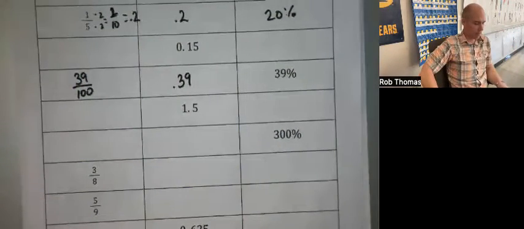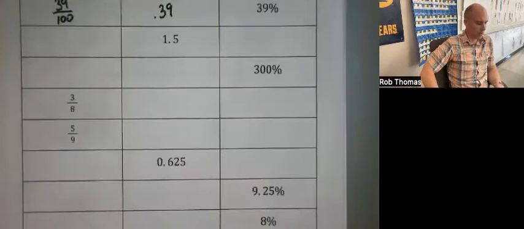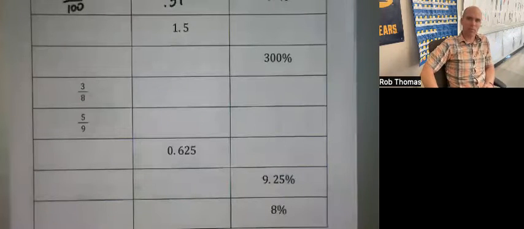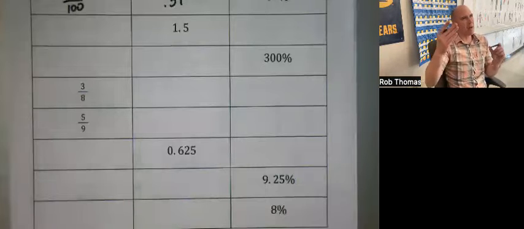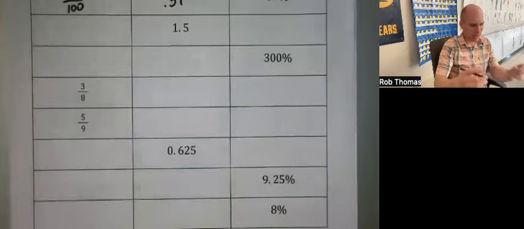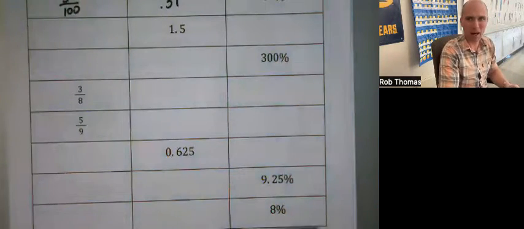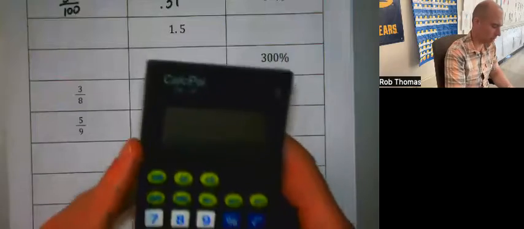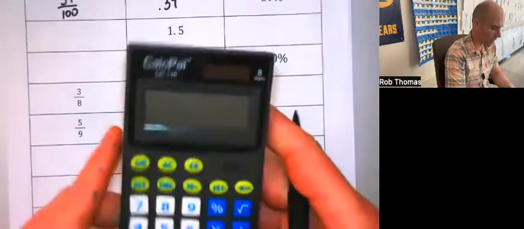All right, let's skip down a couple. So here you got 3/8. My advice is just memorize the 8s. Because every time they come up, you either have to think about, well, what if I had fourths, or you got to do some long division, 3 divided by 8, or you got to grab a calculator and do 3 divided by 8. The thing is they come up a lot. We're going to use 8s a lot. You don't want to have to be worried about what it is every time. So for now, we can just do,